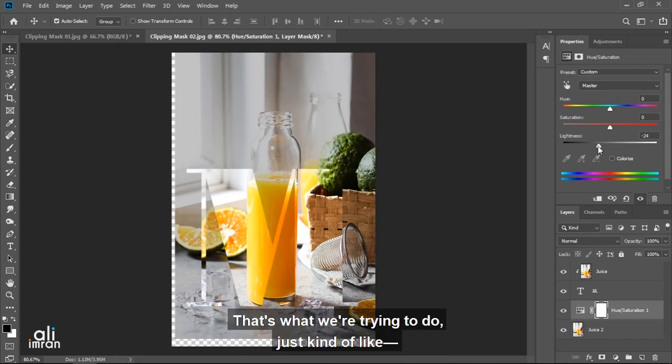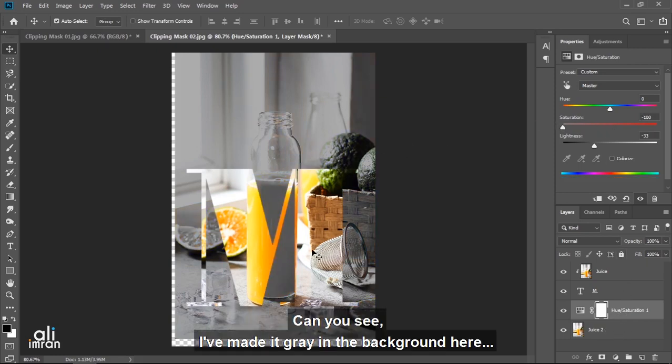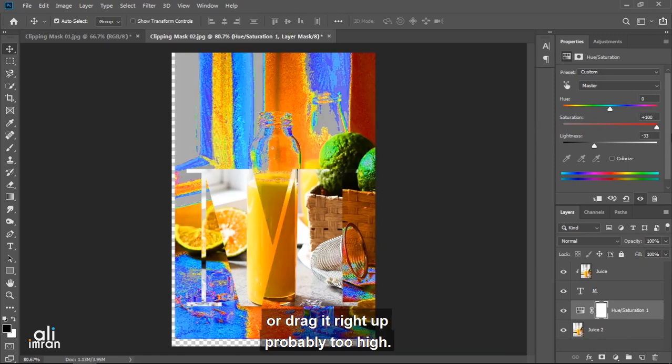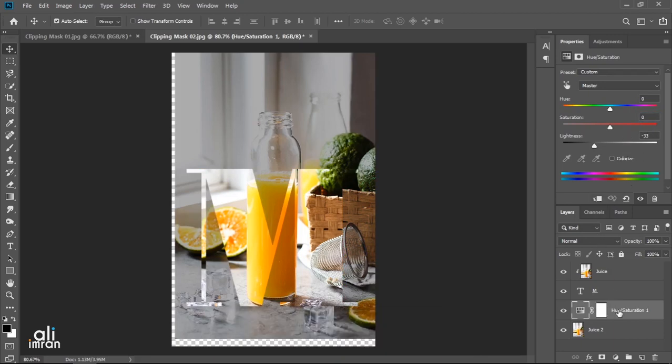That's what we are trying to do. You could go through and drag the saturation down. Can you see? I have made it grey in the background here. Or drag it right up, probably too high. You could mess with this. There is no right or wrong here. We are just trying to do some creative glitchy type stuff.